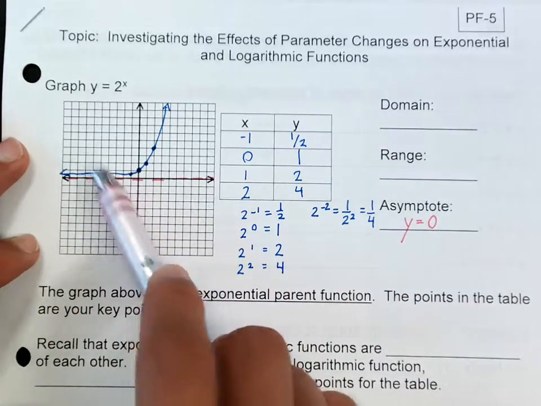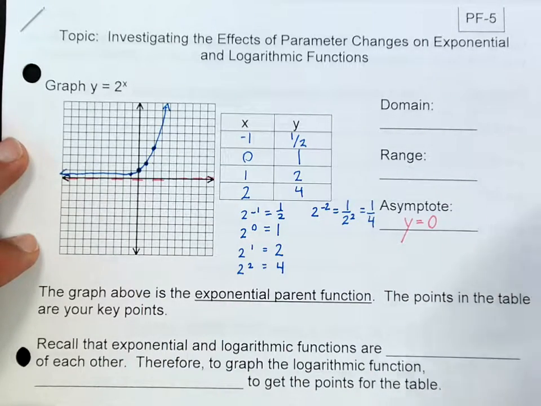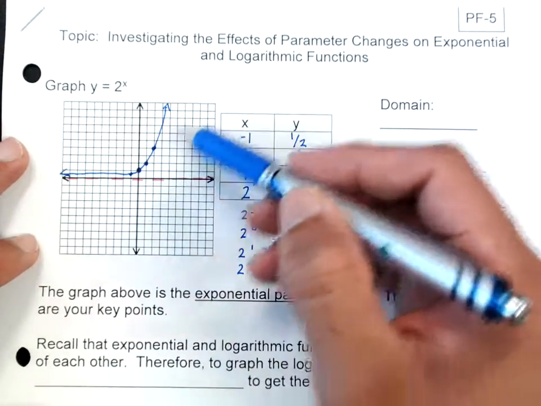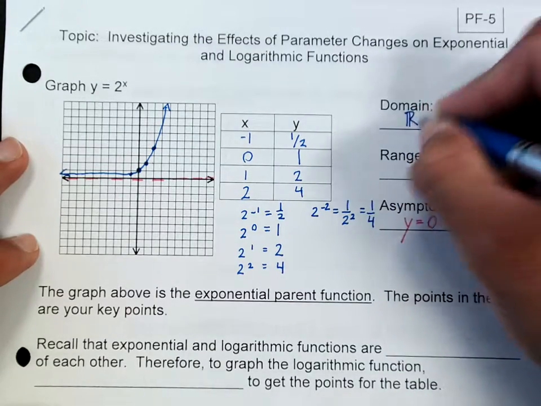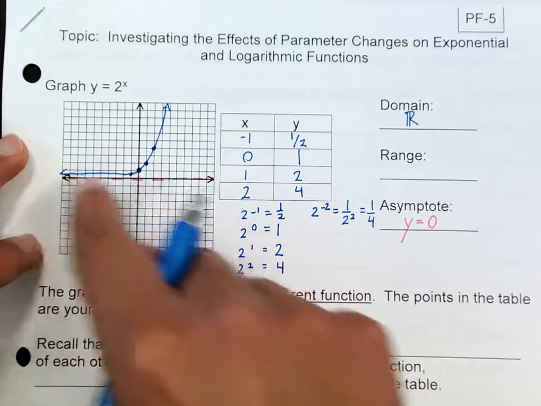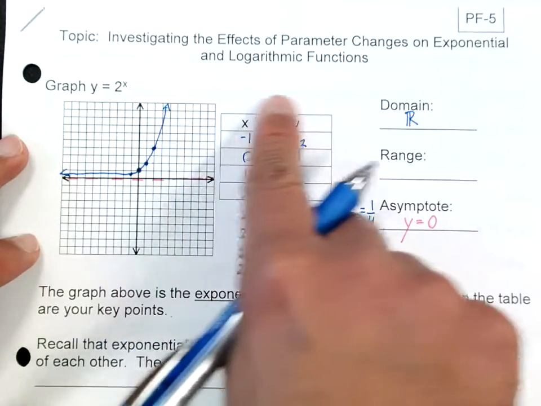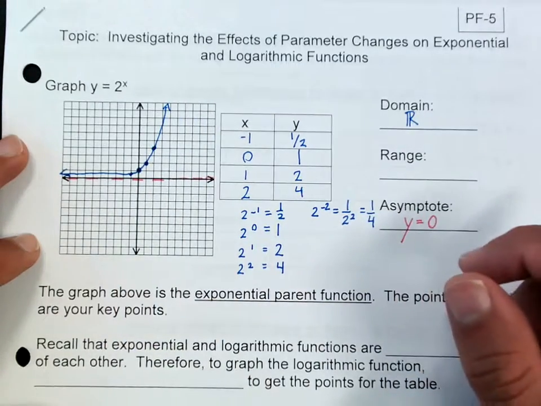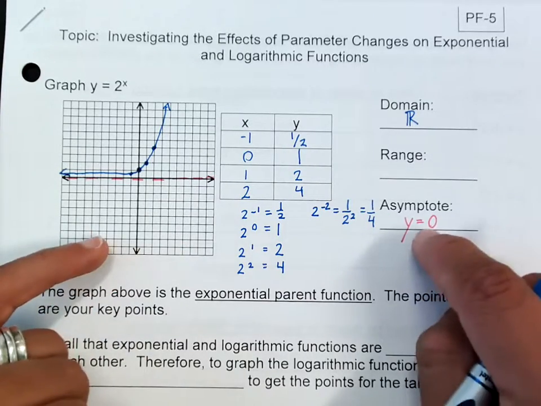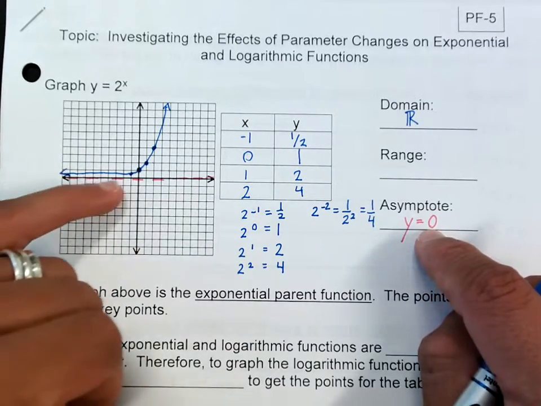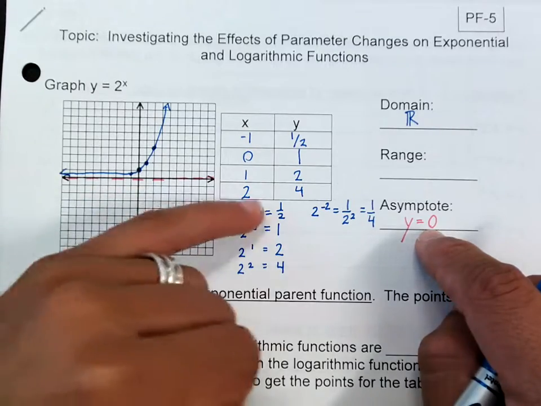What's the domain of this function? How far to the left? How far to the right? It is all real numbers, because you go infinitely to the left, and as you go up, you cover more of the right side. Now the range is the one that's weird. Now remember I told you it cannot be 0. See, the asymptote is at y equals 0, so it cannot touch that,